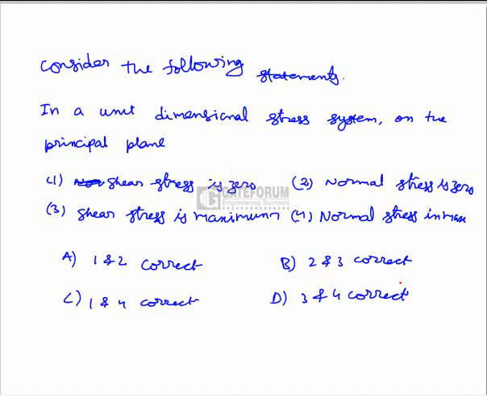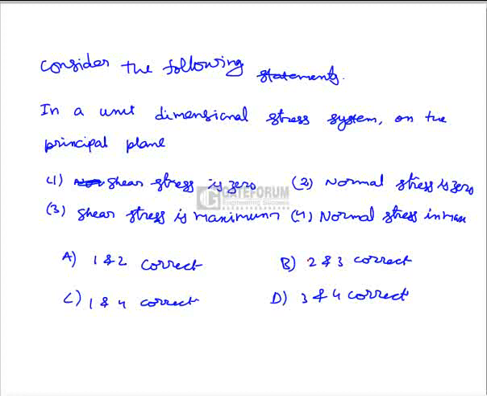Consider the following statements regarding a unidimensional stress system on the principal plane. Here, in a unidimensional stress system on the principal plane, the stresses have some values: 1. shear stress is 0, 2. normal stress is 0, 3. shear stress is maximum, 4. normal stress is maximum. The codes given below in the options are: 1 and 2, 2 and 3, 1 and 4, and 3 and 4. So a principal plane is a plane